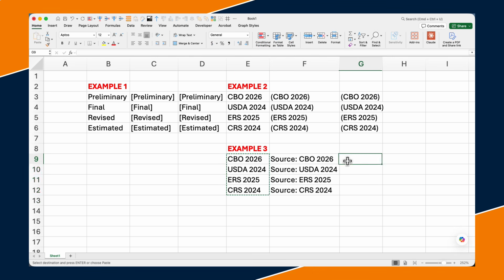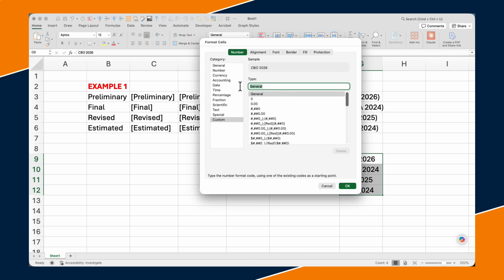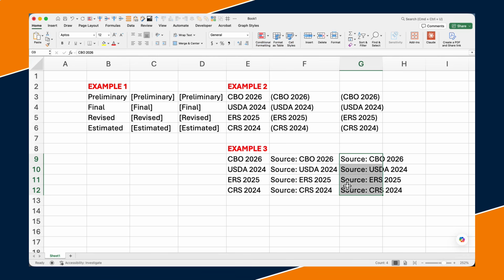And also, if I want to repeat, say, the word source here, now I could use a concatenation function, which may or may not be better. I don't really know, but I could do this in the number formatting here. I type Source with a space, close the quotation mark, hit the @ symbol, and now I've got that. So I might want to do this with the concatenation formula instead, but this is kind of nice because I